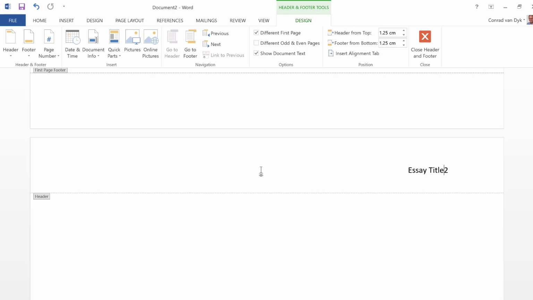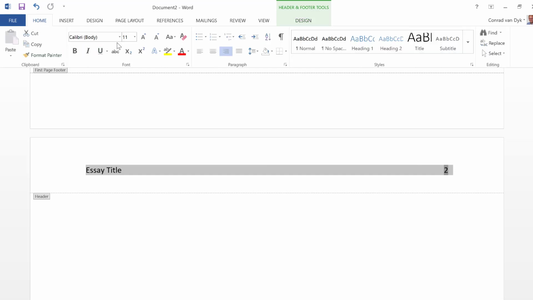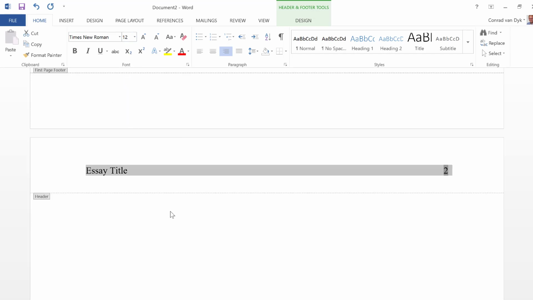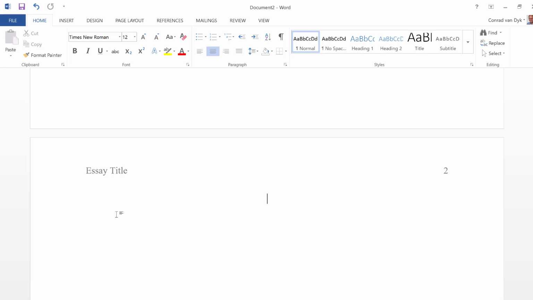All right, so then we're going to press Tab a couple times, and now it's on the left side again. And again, we have to make sure that we just format our headers properly. The nice thing is you don't have to do this for every single page, because this is now going to affect every page after this in our document. So that's fantastic. We're going to double click outside of the header area,